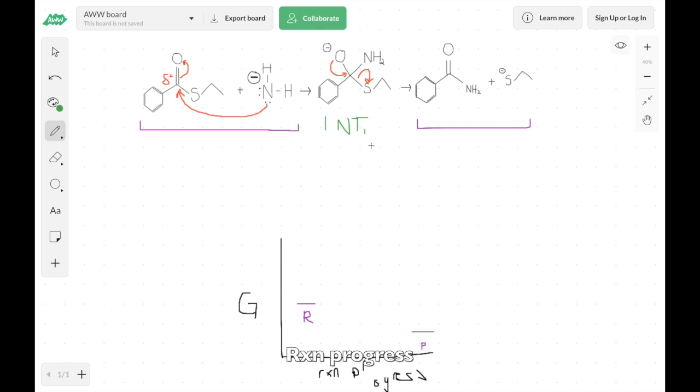All right, and our intermediate step is going to be more unstable than both our products and reactants because of this negative charge here on the oxygen. It just inherently makes it more unstable. So I'm just going to go ahead and draw that right in between reactants and products, and also higher in